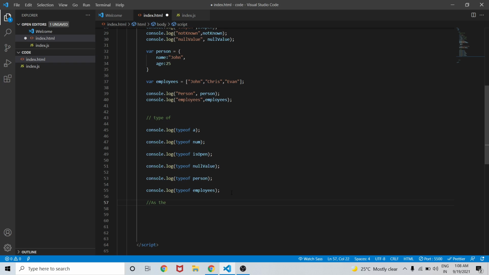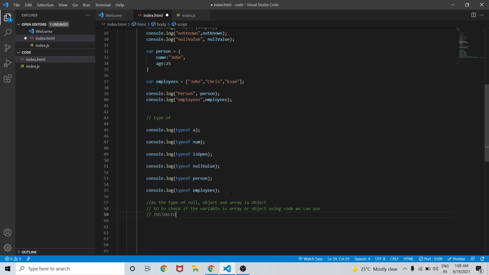So how do we determine whether something is an array or an object? As the type of null is object and the type of array is object, to check if the variable is an array or object using code, we can use another operator, that is instanceof.